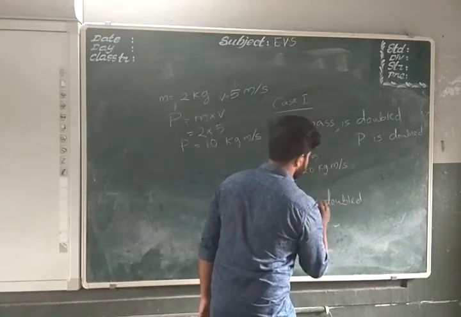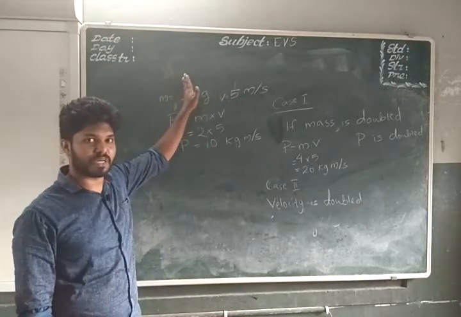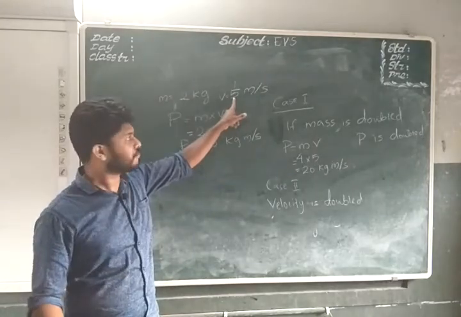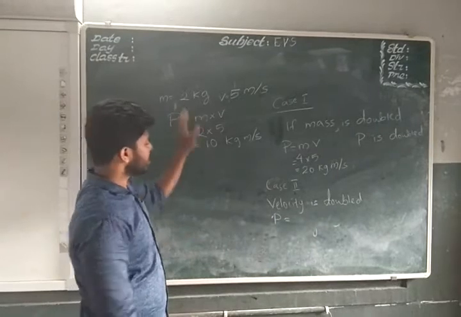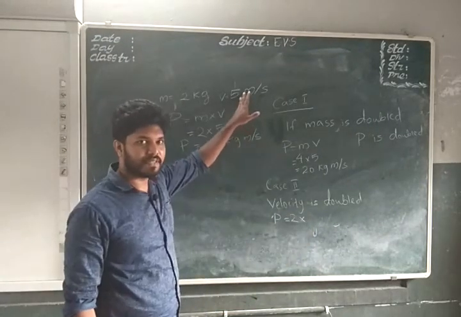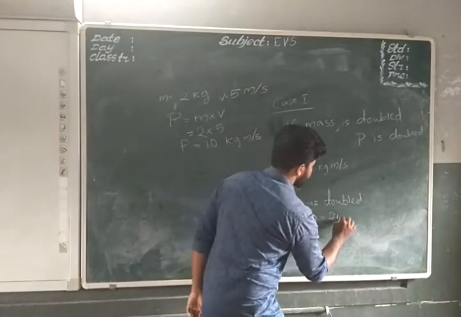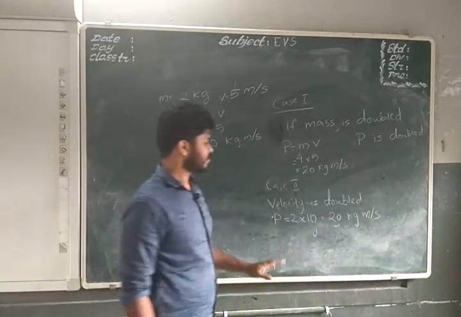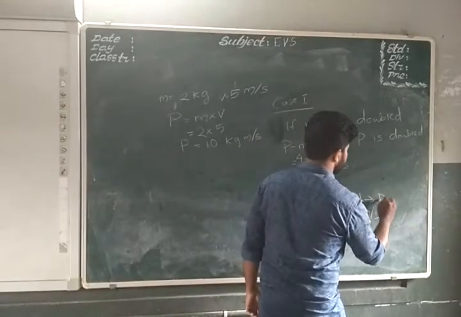So let's check what happens if velocity is doubled. In the same example, let the mass be 2 kg itself. Velocity, instead of 5, is doubled. It is now 10 meter per second. So P is equal to m into V, m equal to 2 and V is equal to not 5, it's doubled, so it becomes 10. 2 into 10 is equal to 20 kilogram meter per second. See here, if velocity is doubled, then again P is